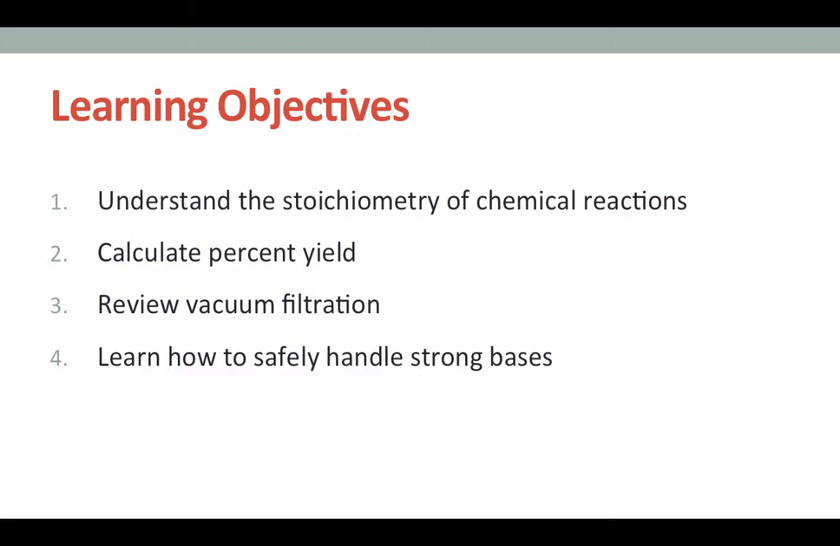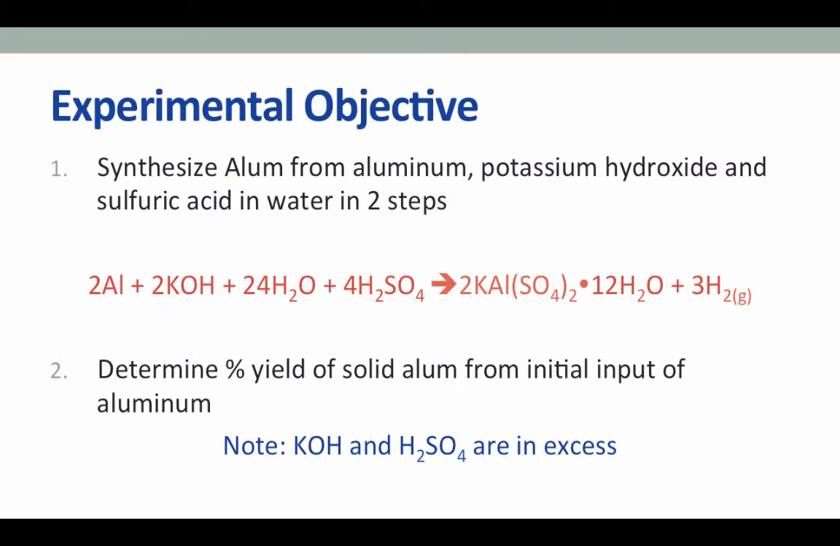And throughout the experiment, we will focus on and learn how to safely handle strong bases as well as strong acids. The experimental objective is to synthesize the compound alum from scrap aluminum using potassium hydroxide and sulfuric acid in excess through two steps. The overall chemical equation is 2 moles of aluminum plus 2 moles of potassium hydroxide plus 24 moles of water and 4 moles of sulfuric acid will yield 2 moles of alum and 3 moles of hydrogen